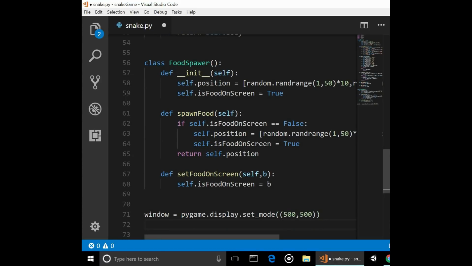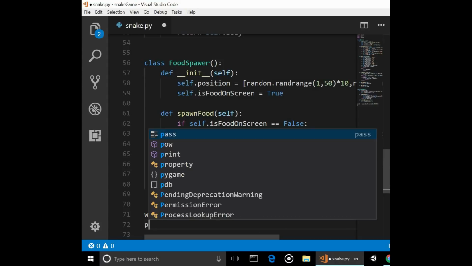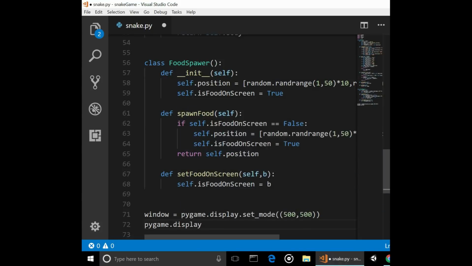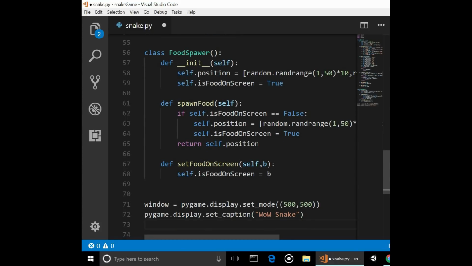Okay, we put a caption, Pygame dot display dot set caption, the title of the window that we are going to have. We can put anything we want. Let's put wow snake,